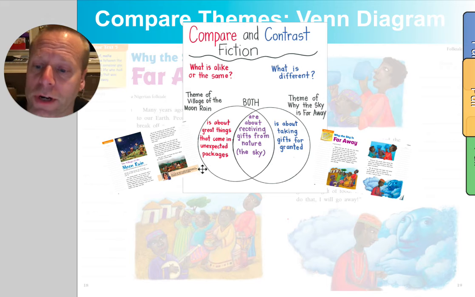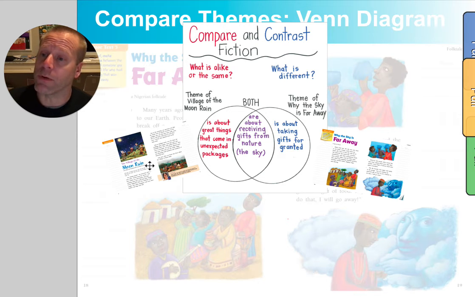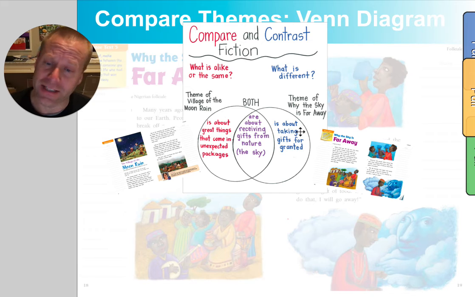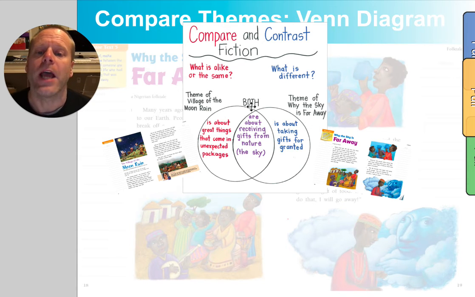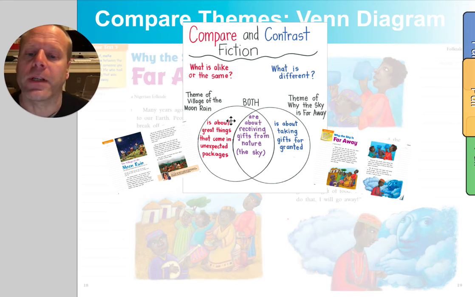about these two stories. So on one side, we have the Village of Moon Rain. That was one of the first folk tales we read. It was about that village that got the seeds, and they planted the seeds. And then over here, we just finished Why the Sky is Far Away. What is different about them are on the sides in those circles, and what's the same about them is in the center of those circles. So let's figure out what is kind of